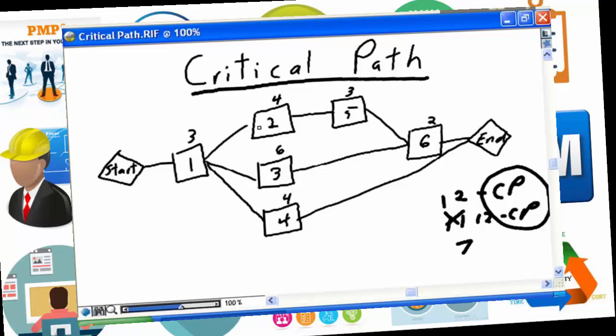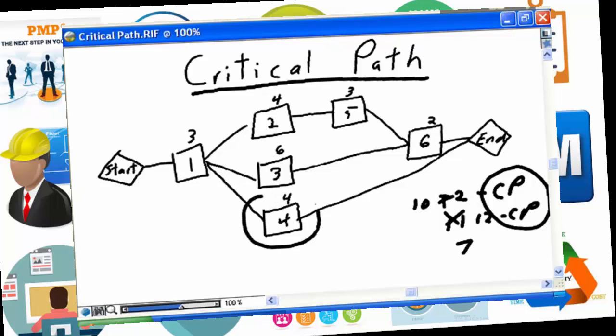Or conversely, if good news happens on 2 or 5 and they drop by a day or they drop by 2 days, it goes from 12 to 10, and again your new critical path is 1, 3 to 6. So understand what your critical path is, the original 1, 2, 5, 6, and manage it very carefully, ensuring that you're doing everything in your power to ensure each and every one of those tasks complete on schedule or ahead of schedule. Understand what your near critical path tasks are and manage them carefully, because a very small change to any of the tasks that are near the critical path can put them onto the critical path, and then you